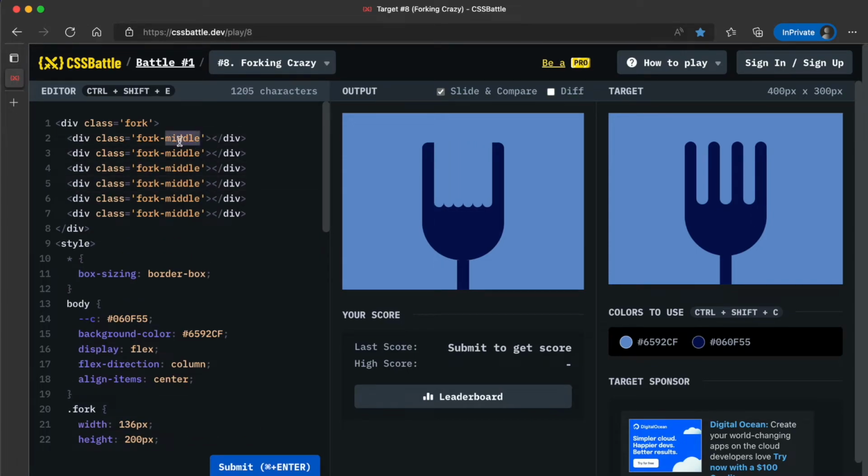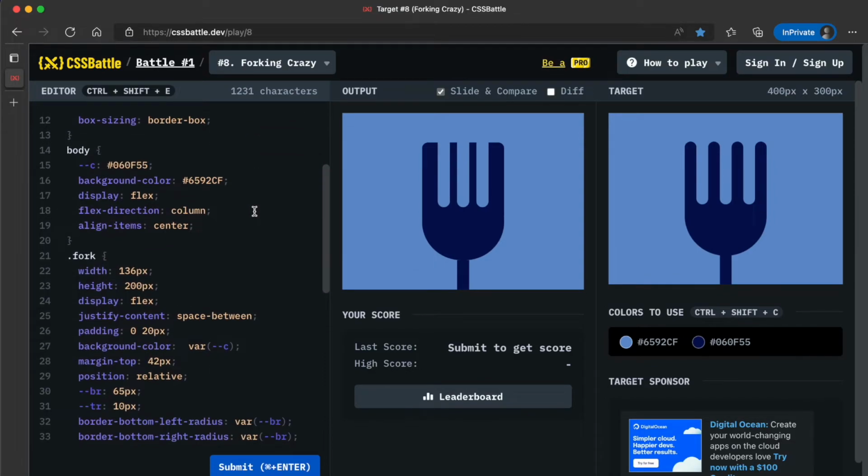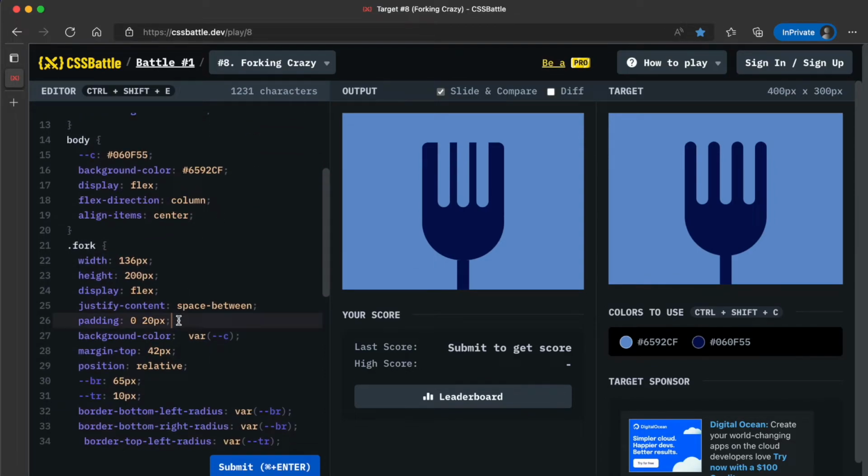And instead of calling this middle, I'll call this the fork edge. So this is the fork middle, the fork edge, the fork middle, the fork edge. Nope, fork edge, fork middle, fork edge, fork middle, fork edge, fork middle, and then there is one last fork edge. Yes, and I'm going to remove this padding,